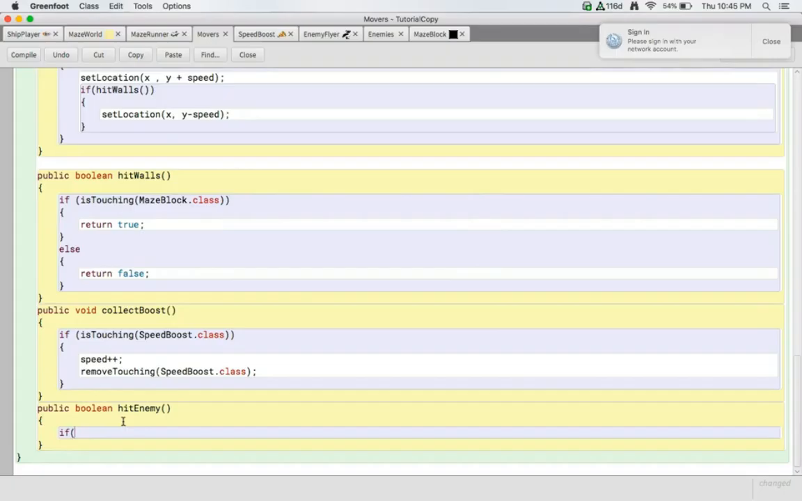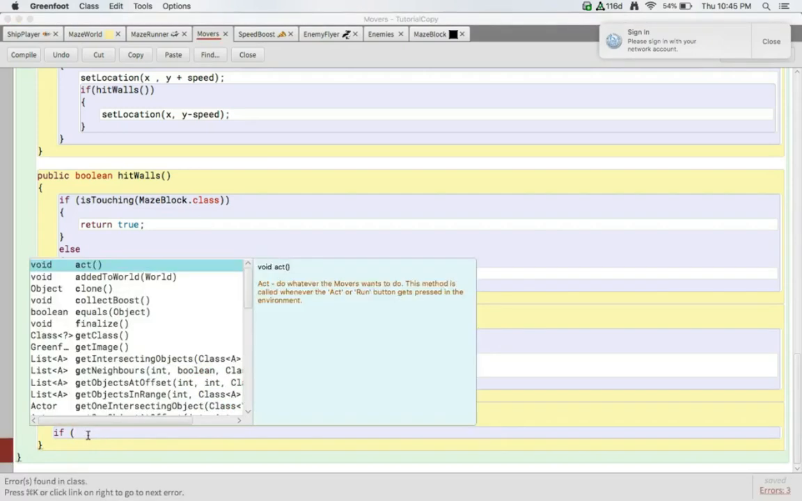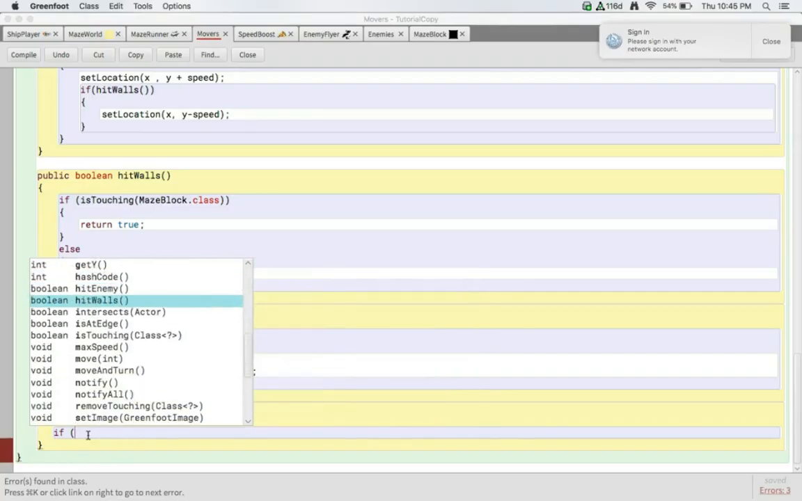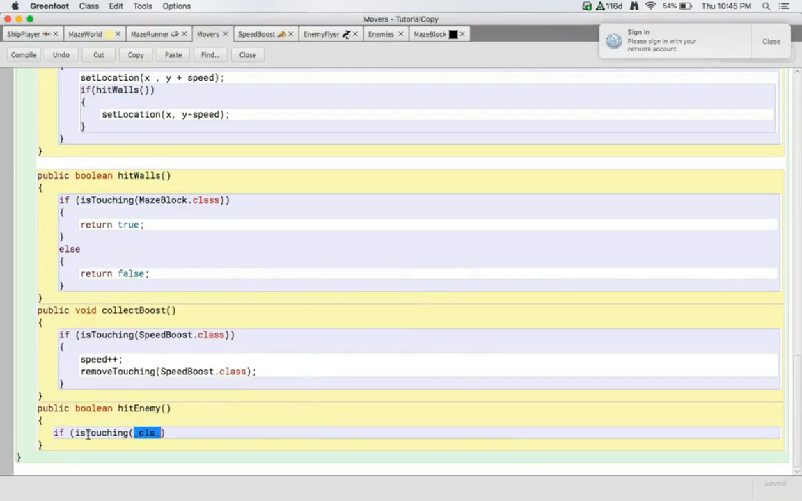Okay, and so if, similar to is touching the speed boost, so I need to realize, what do I actually want to do? Well, I want to know if my mover, whatever mover I have, is hitting any of my enemies. Okay, so we already did if touching. Okay, so we can do that again. If is touching, which is an actor method. So if I do control space, I could see that is touching is right here, and it asks for the